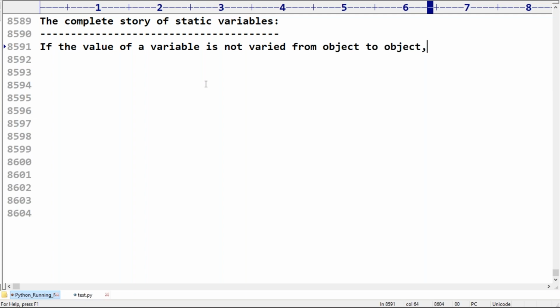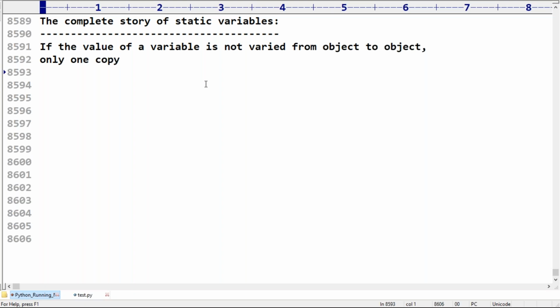Now my question is, if I declare a class level variable, what is the biggest advantage we are going to get? How many copies will be created? Please respond. If it is a class level variable, only one copy will be created. If it is an instance variable, a separate copy will be created for every object. But here only one copy will be created, and you can share that copy with all objects of that class, no problem at all.